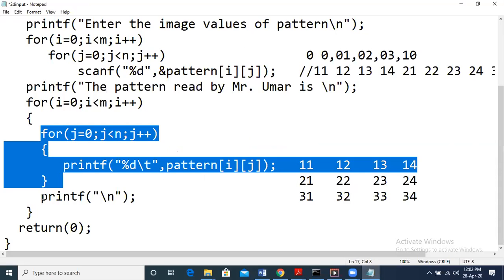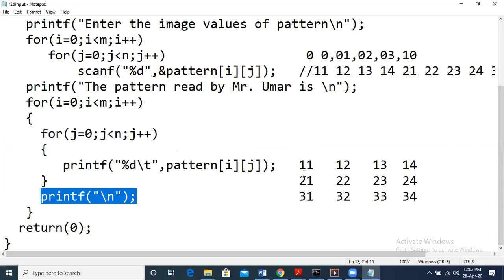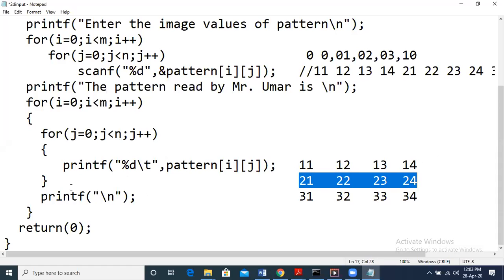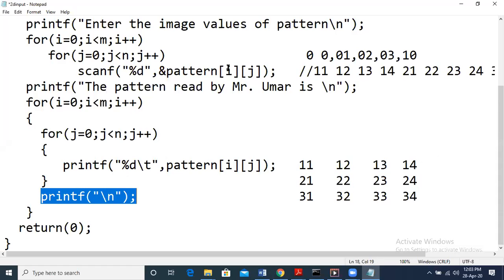The space between these values is given by \t. We print one number and then \t. That means we print 11 and then \t, again 12 \t, then 13 \t, 14 \t, and next we have a \n, which means the j loop is completed. I hope your doubt is clear.